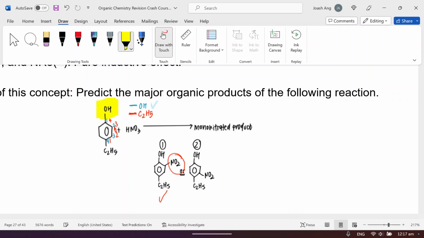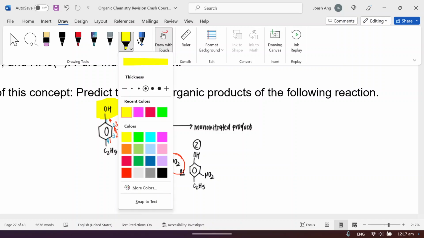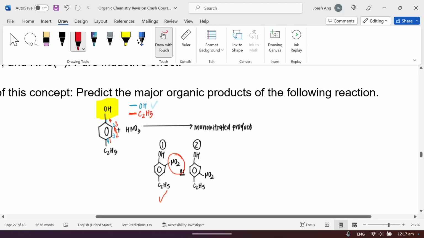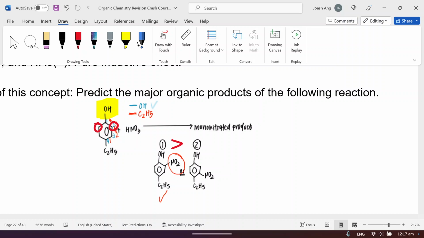So we now know that the OH group, the phenol group, is actually a stronger activating group, and thus it will direct the electrophile to this position right here, either the second position. So this is why product one is produced in a larger yield compared to product two. Okay,